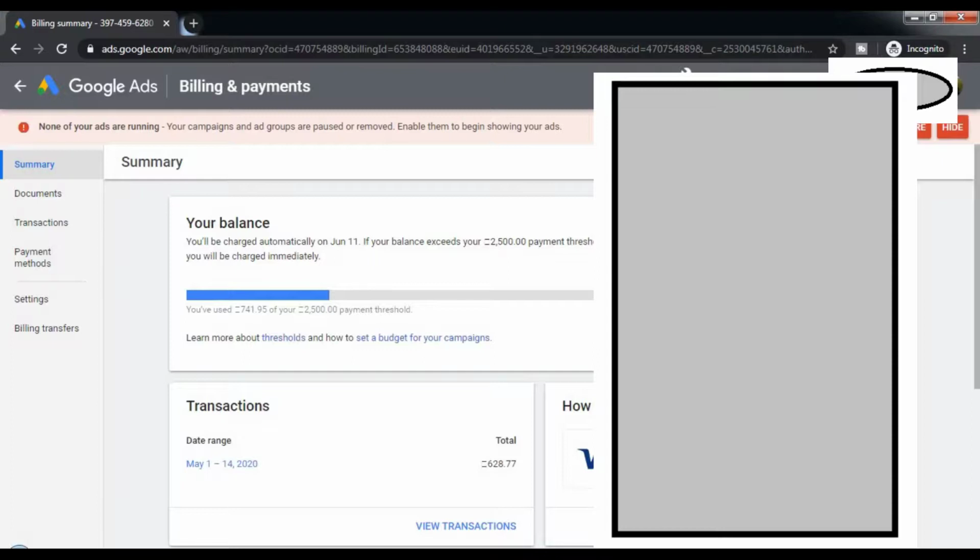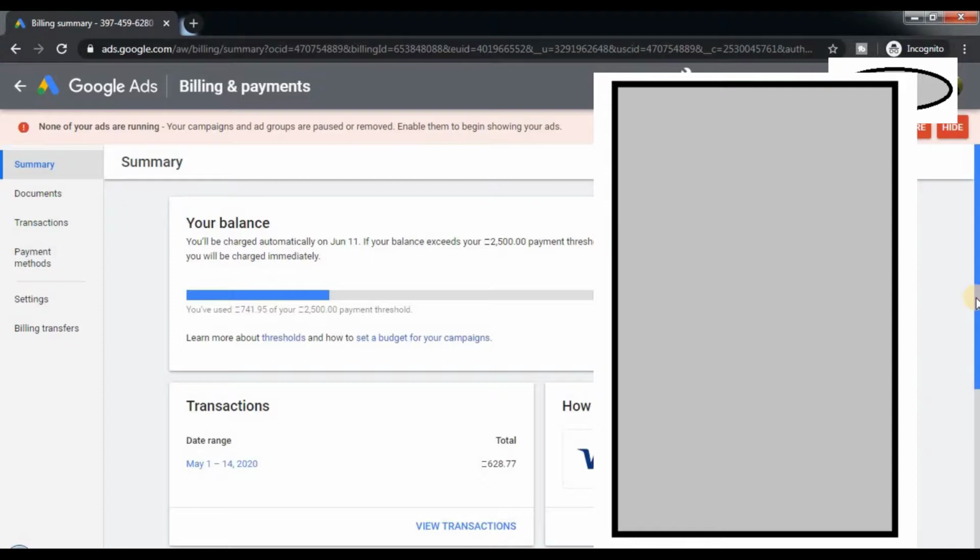The next explanation is, if the payment threshold is not exceeded, then if the date crosses 11th June, you will be automatically charged your balance. I have a balance of some X amount that will be charged by 11th of June if I do not incur any further balance. That's what this automatic payment means. For the manual payment, every time you have to initiate a manual payment, just like clicking make a payment. So that's the difference between automatic and manual payment.